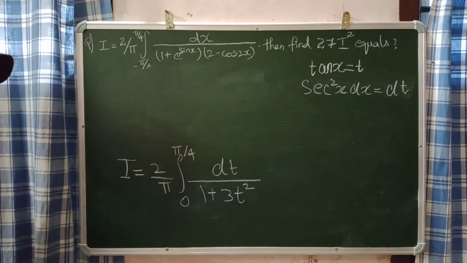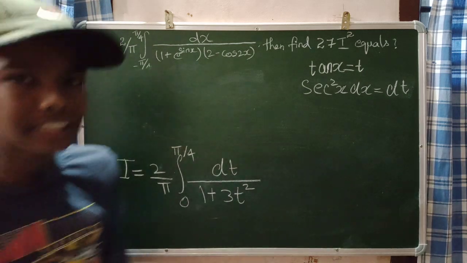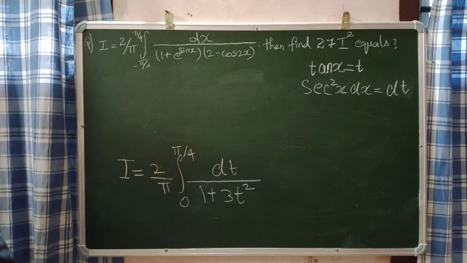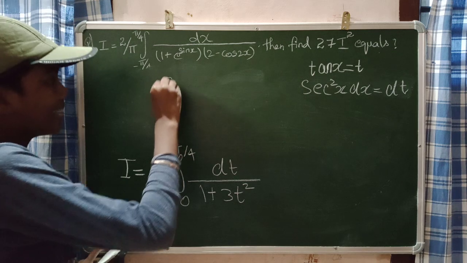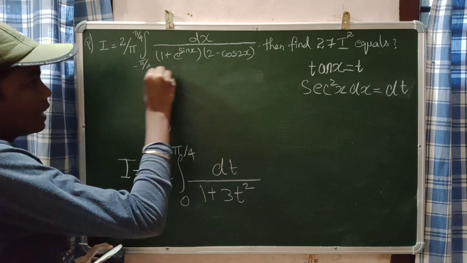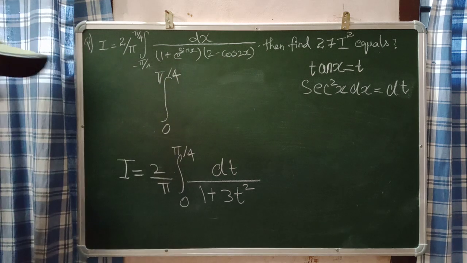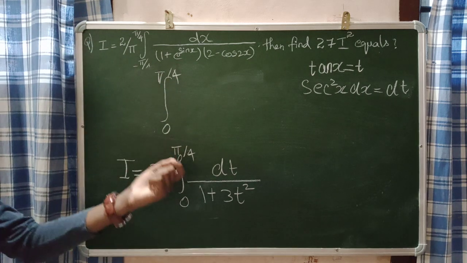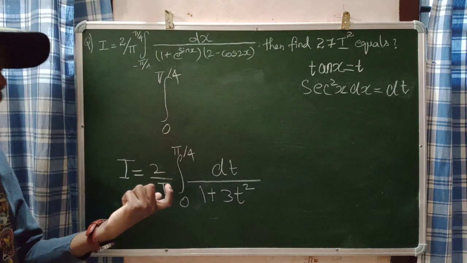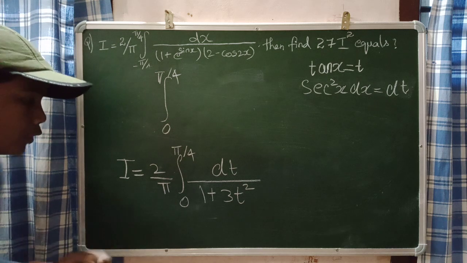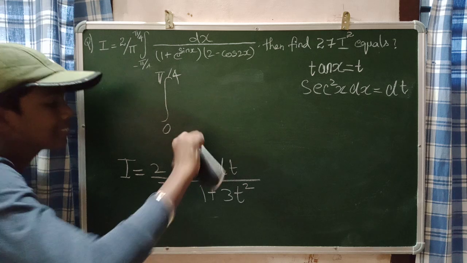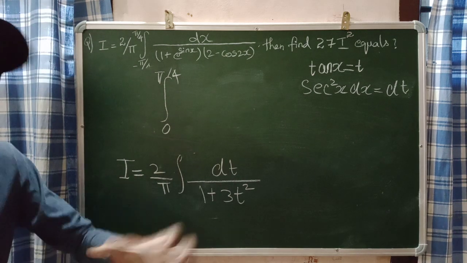Now try to understand. Do you guys notice a mistake that I did here? I hope you find the mistake. The limits are from 0 to pi by 4 only. Before I had 0 to pi by 4, and again I wrote the limits as 0 to pi by 4. I am wrong, guys. So your limits will not be the same 0 to pi by 4 as in the earlier integral.